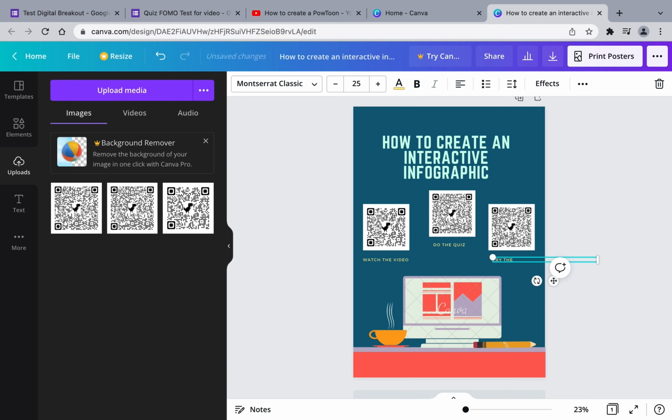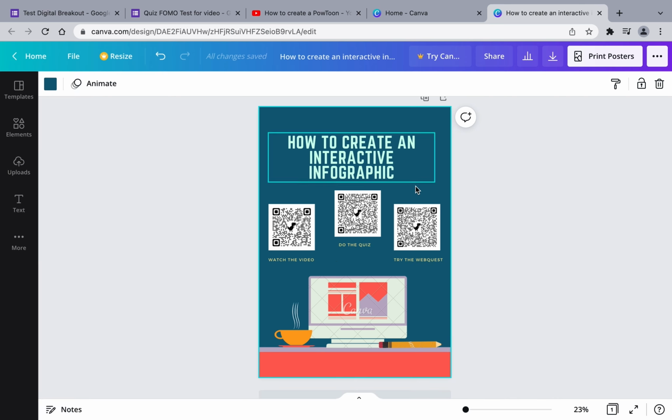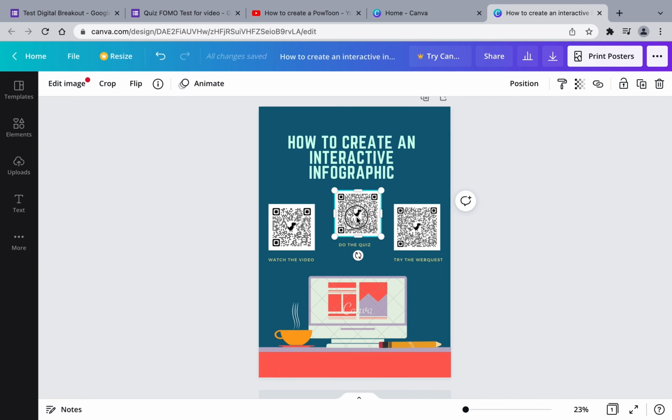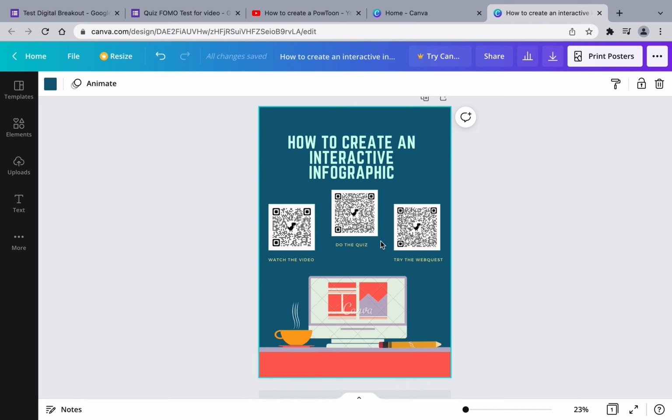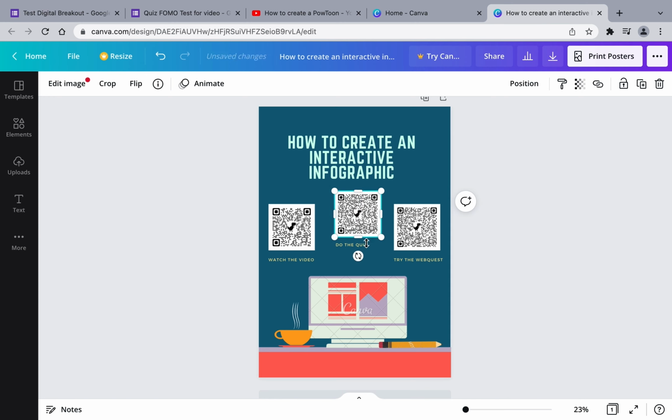Try the web quest. So here we go. For now, we have finished the poster. We need to adjust all the elements just to make it very attractive, very visual. And that's all. We have completed